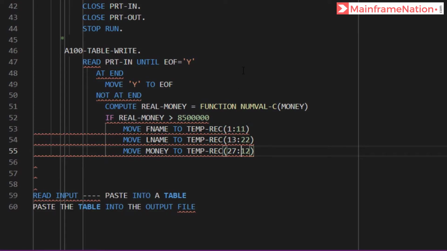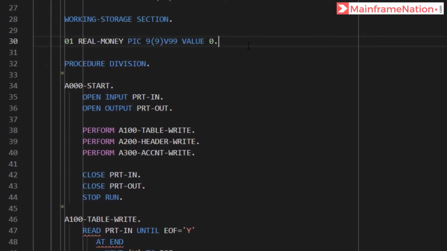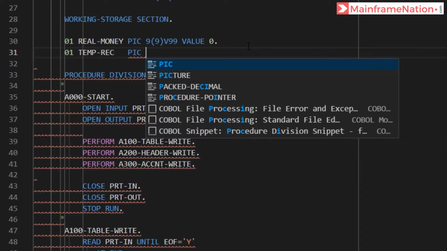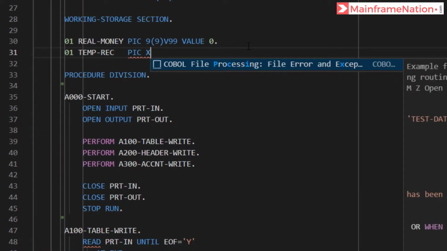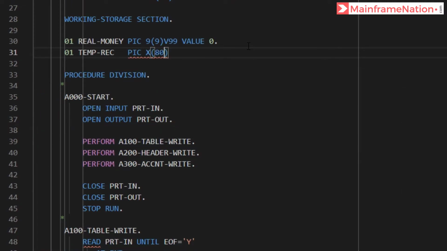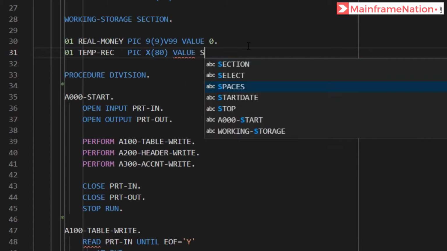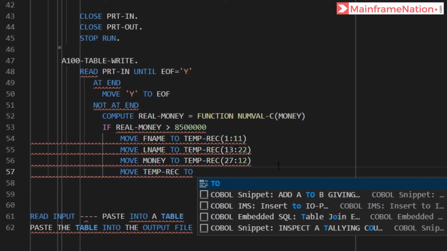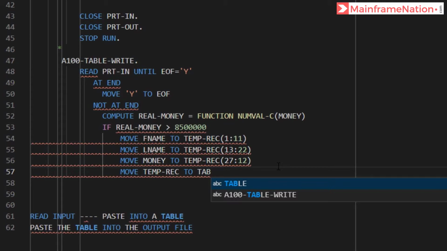Let's create a variable temporary record. Let's call it 01 temporary record pic x of 80. Let's give value of spaces. Then we have to write it into a table. So let's give move temporary record to table record, and in the brackets let's give 1.